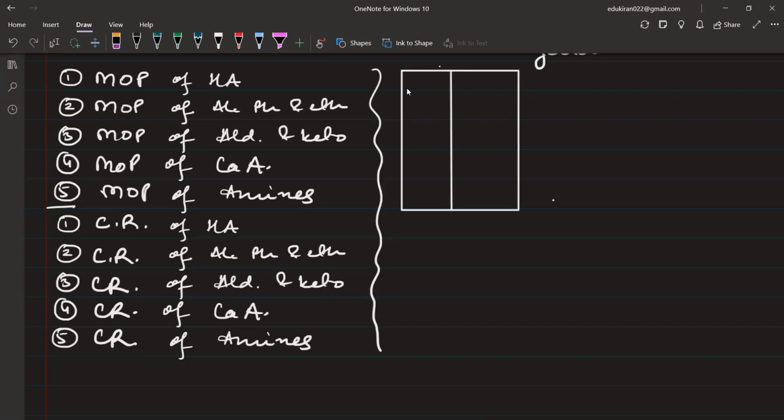and then you will make a line in between like this, and then chapter 1, haloalkane haloarene, first name reaction, second name reaction, only the name of the name reaction, पूरा reaction मत लिखिएगा आप, ठीक है. जितने भी हैलोल्केन हैलोरीन में नेम रिएक्शन हैं वो आपने लिख दिए। अब नेम रिएक्शन लिखा और आपने साथ में यहाँ पे लिख दिया M। M का मतलब दैट इज प्रेजेंट इन मेथड ऑफ प्रिपरेशन।